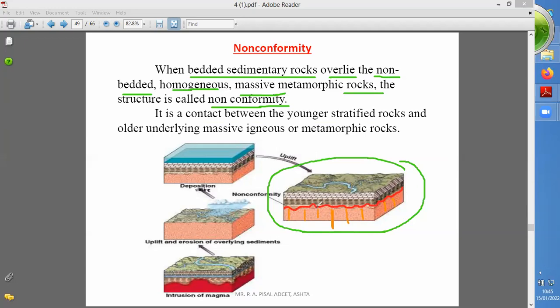And when you look above the unconformity, various horizontal layers are present. Okay, so such a type of structure is present, then such a type of structure is considered as